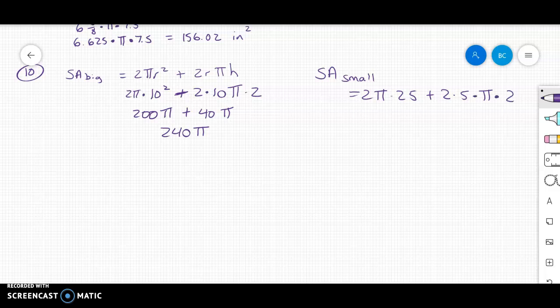And you might be saying to yourself, well, wait a minute, they're stacked on top of each other. I'll adjust for that in a minute. So I'm going to quickly do that calculation. So the surface area of the small cylinder is 70 pi. And these two are stacked on top of each other, so we might think that we need to just add